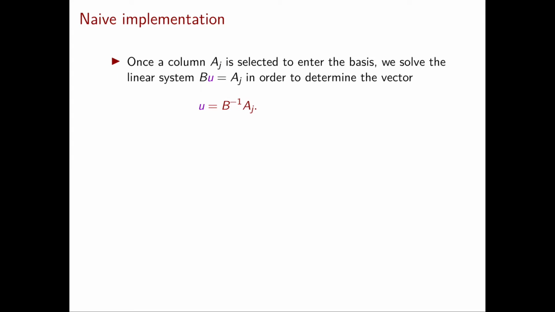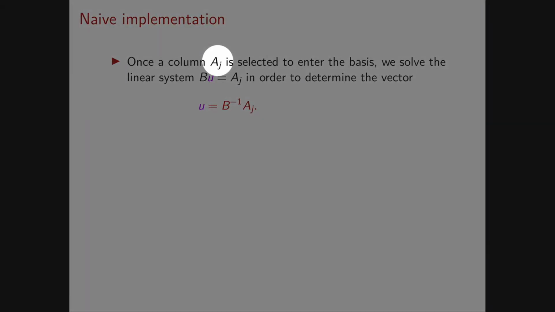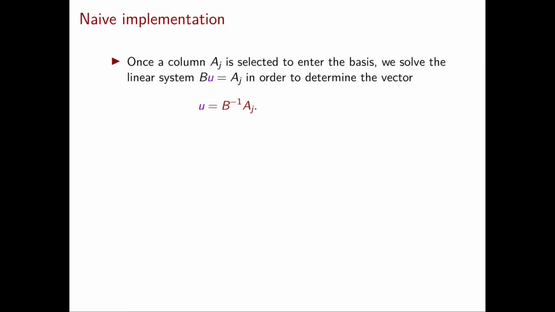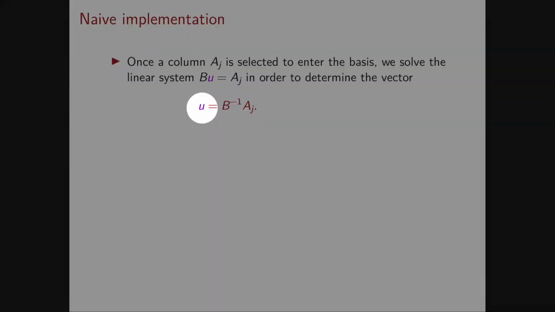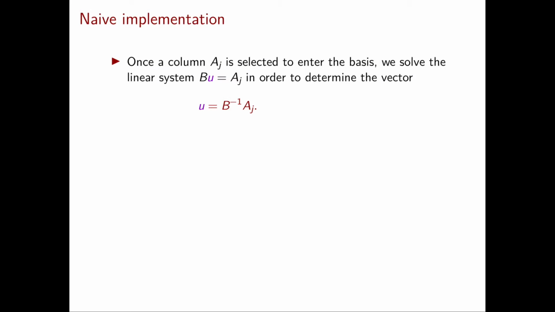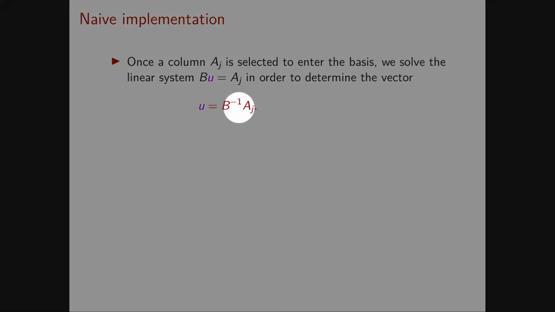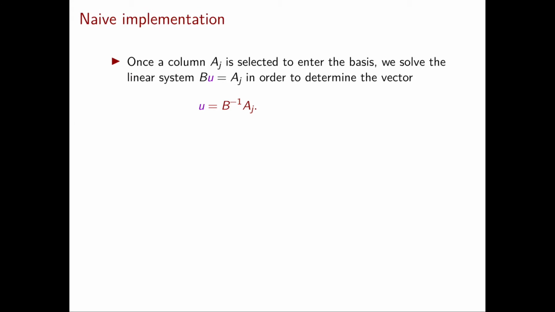Once the reduced costs are computed, then, according to our pivoting rule, we select the column aj that should enter the basis. Our next task is then that of computing the vector u that we know corresponds to the jth basic direction. The definition of the vector u is B inverse times aj. So in order to compute u, we can multiply on the left this system by B inverse and obtain the linear system Bu equal to aj. This is a system with m variables and m constraints, and so we can obtain u in